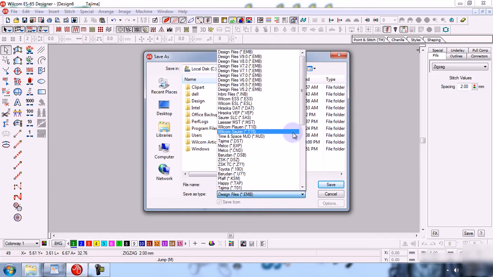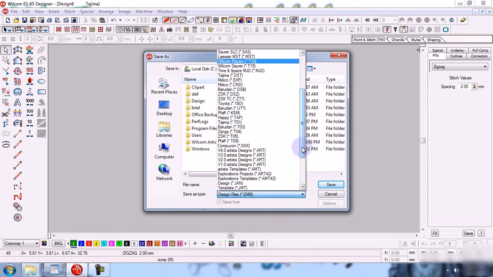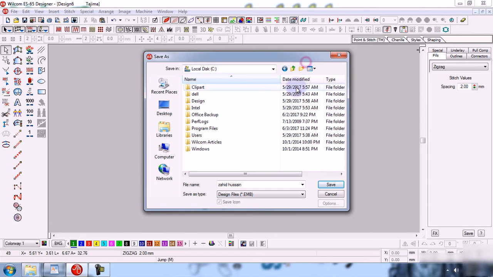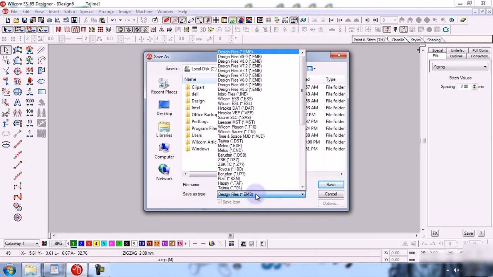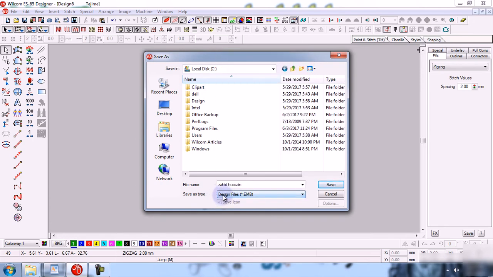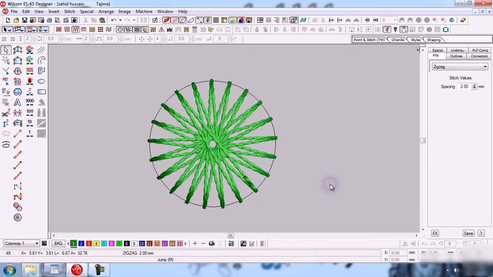After that, when you become an expert, you can save your design according to your machine type. For example, if your machine is Tajima or Tajima, or any other format. But in the beginning, as you are learning, you can save your design in EMB format. Okay, and click on the save button.